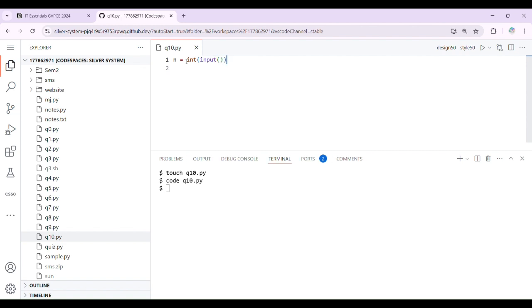I'm sorry for the noise guys, please cooperate. For i in range, similar to the previous ones. I have to vary just the range for each one, remaining all are similar. 1 comma n plus 1 comma 2, I'm sorry,